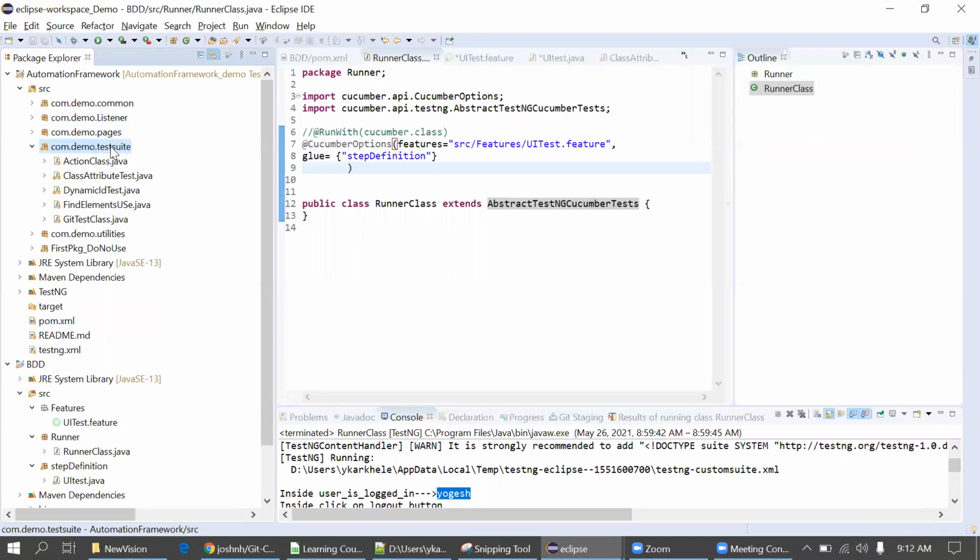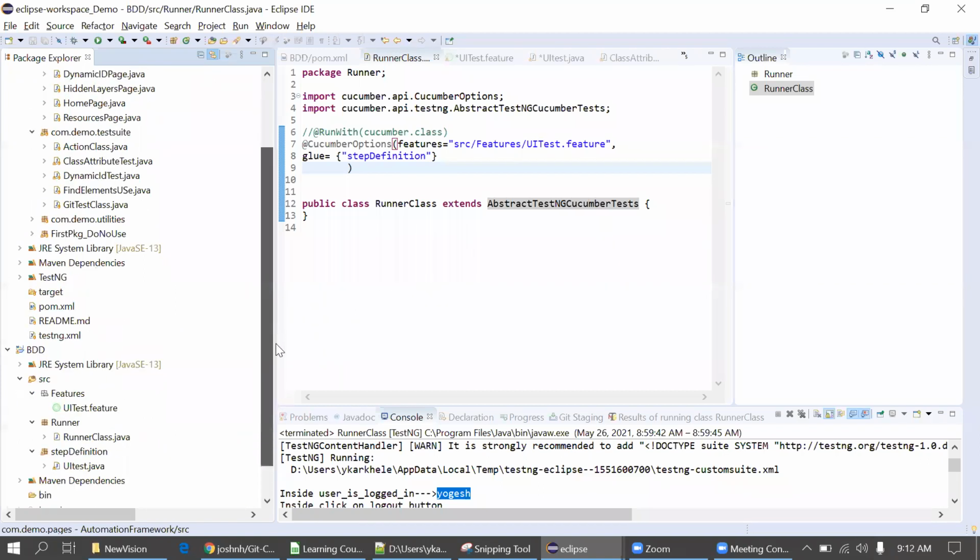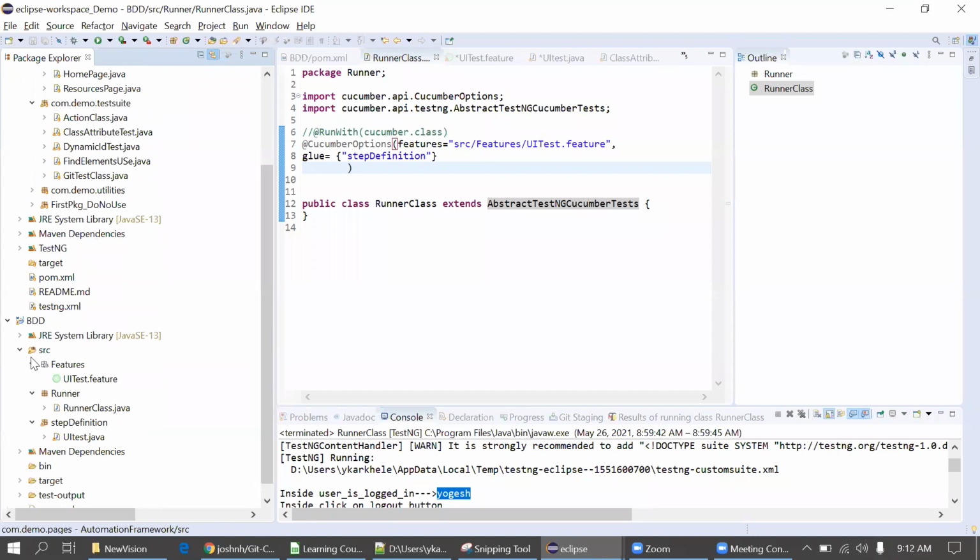Because we are using features here in the speed, right? So now I will just simply write the code for that. First I'll just copy a few things. I will not copy everything now because it will create errors and take time to resolve. So what I'll do, I'll just simply create a package here.